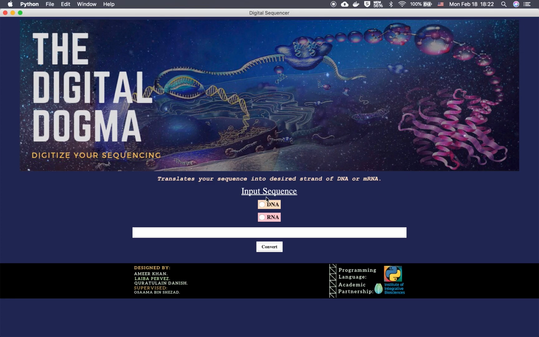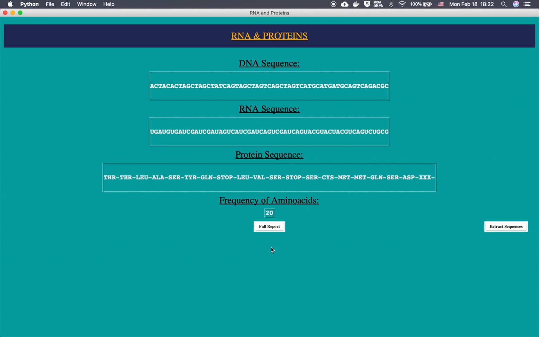So here we have an option to choose either between a DNA or an RNA sequence. So I will just choose DNA, which I'm pretty sure everybody is aware of. So suppose we have a hypothetical gene involved in lung cancer. I enter its long sequence, and then I hit this button called convert, and what I get is a window popped up in which you get not only the DNA sequence but ultimately the protein sequence